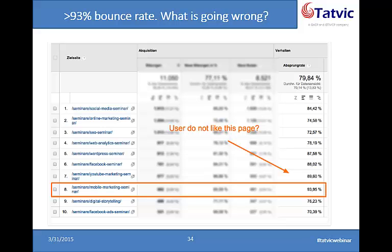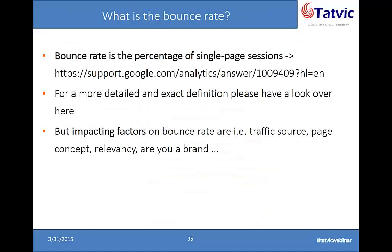However, if we go to the next slide, 35, the question would be, is bounce rate really a good indicator? When I look at a very simple definition taken from the official Google Analytics support page, bounce rate is the percentage of single page sessions. That is the definition given by Analytics. So if you have 75% bounce rate, you have 75% single page sessions. However, we know that there's a more precise definition. But still, if we leave it with this,